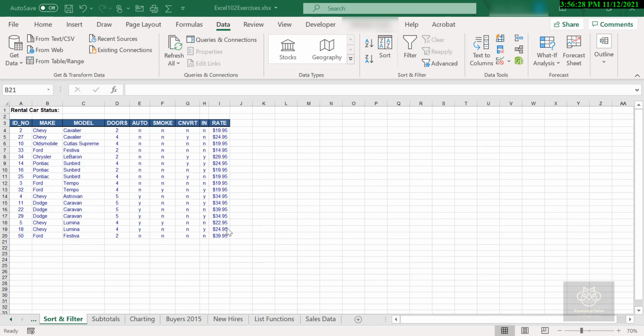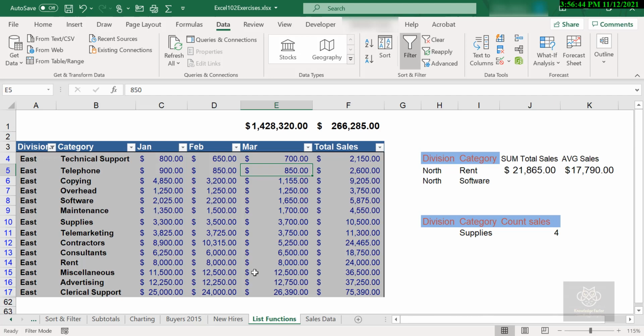Now I'm still inside of the Excel 102 exercise file, but now I'm going to go back to the list function worksheet. This is the worksheet that we were on earlier, where we created the subtotal, the DSUM, the DAVERAGE, and the DCOUNT functions. I love these functions. We talked about DSUM earlier, where I had the sum of the total sales column based on the category criteria of rent and all this other stuff, right? I love it, but the criteria section is up to the user to know what to put there and